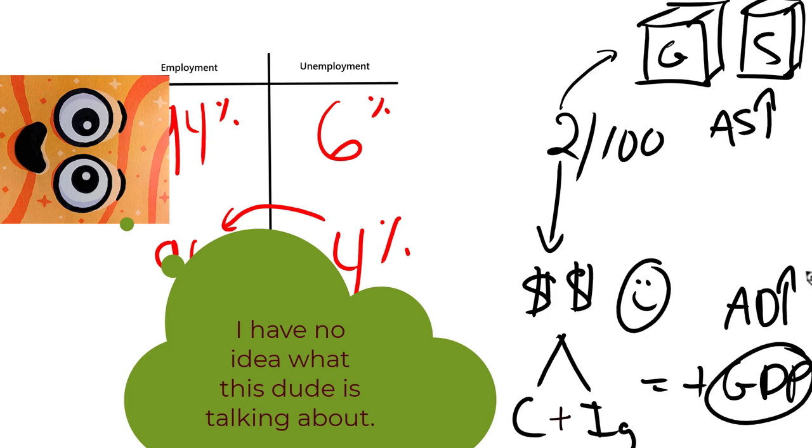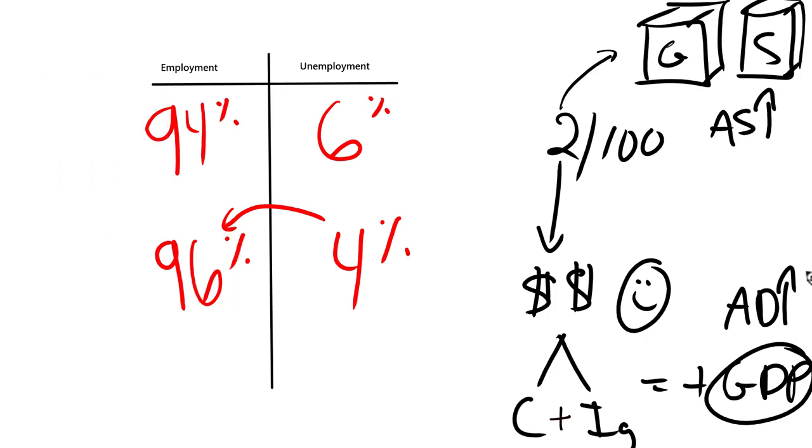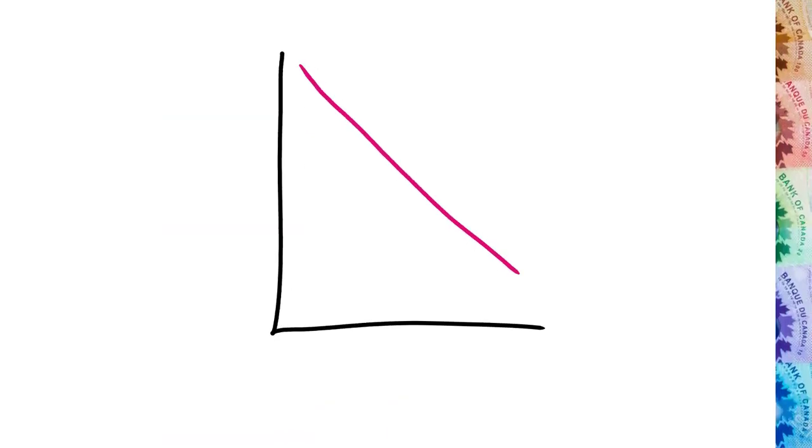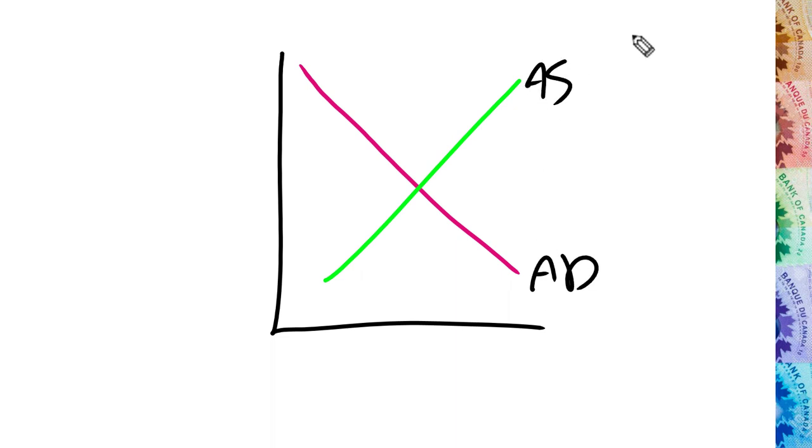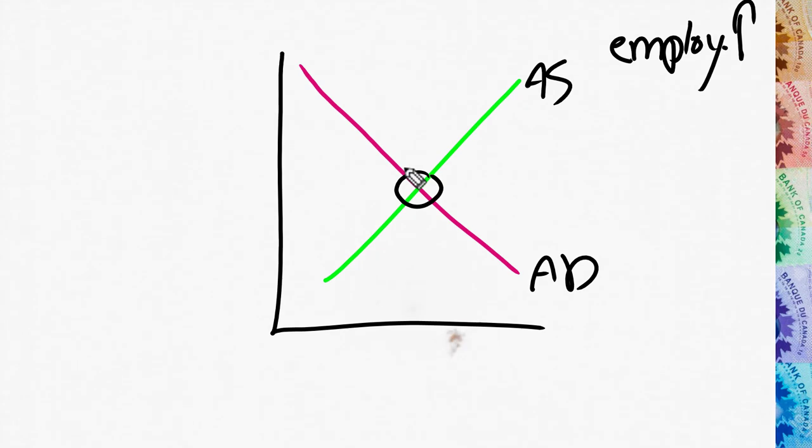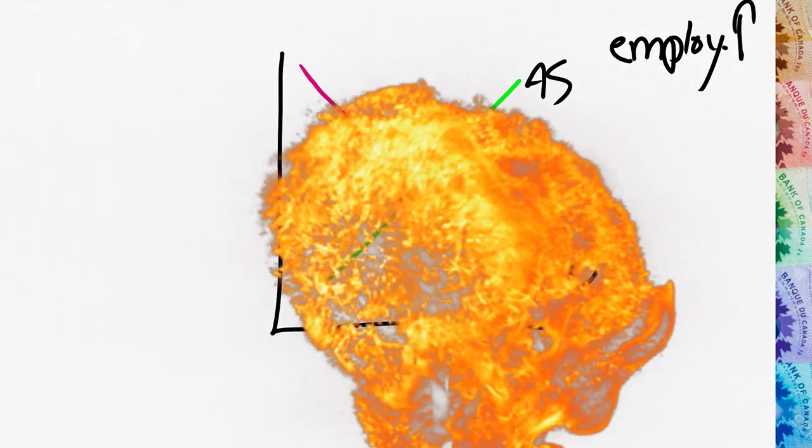What does all this mean for the long run aggregate supply? Let's look at it more broadly. Here's our situation with our aggregate demand and our aggregate supply. If this is the situation where employment is up, then this equilibrium represents an overheated economy for all the reasons